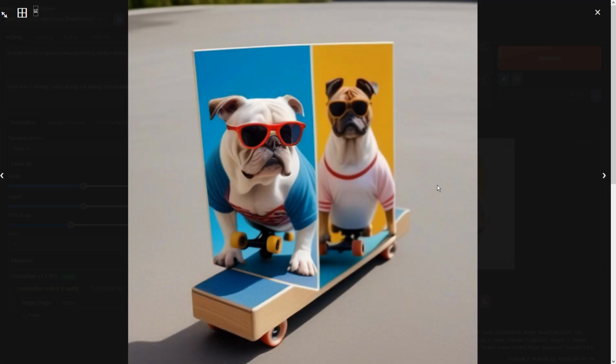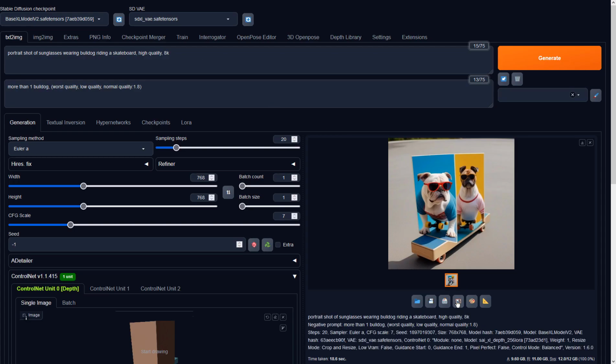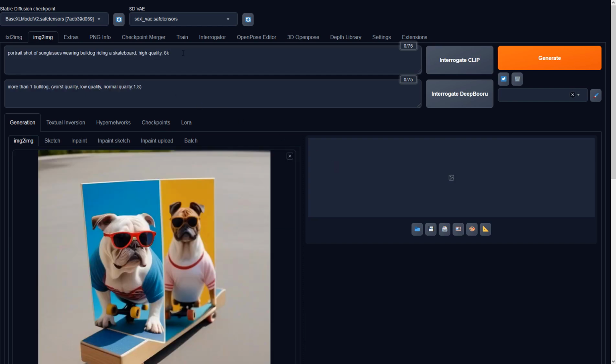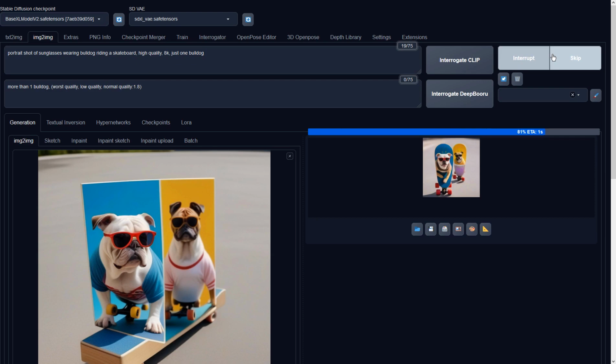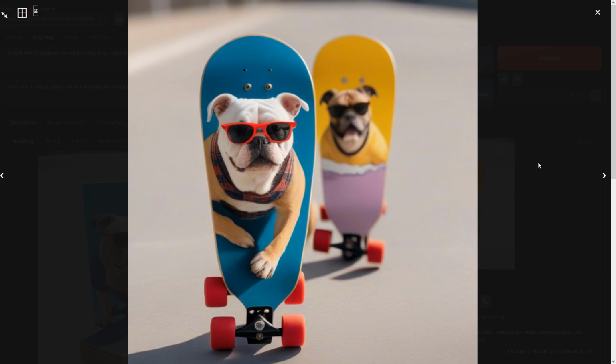I told the AI not to draw more than one dog, and it did. I'll tell him I'll unplug the PC unless there is only one dog.